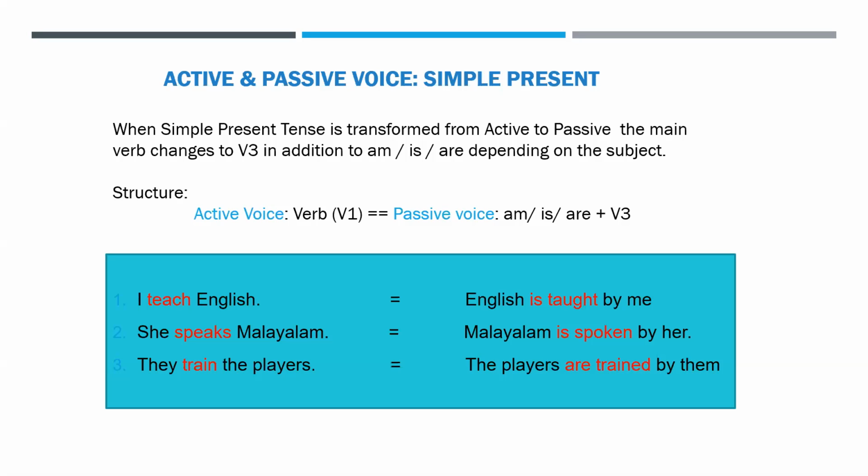When you transform to passive voice, what is happening? The subject will not be active there. In the passive voice, the subject becomes passive and the object becomes the subject. So which is the object here? English. So you will begin your sentence with English. And what did you learn? All the verbs change to V3 form. So teach becomes taught. So English, and before that, what happens? Because it is in the present, you have to use the helping verbs of the present, of the form be, verb form be.